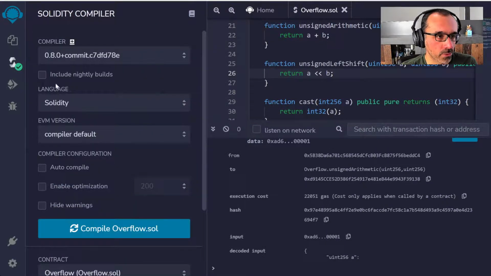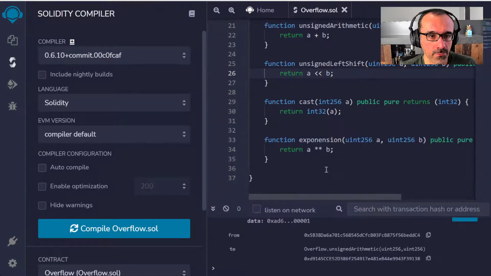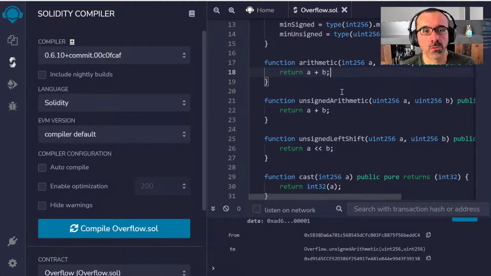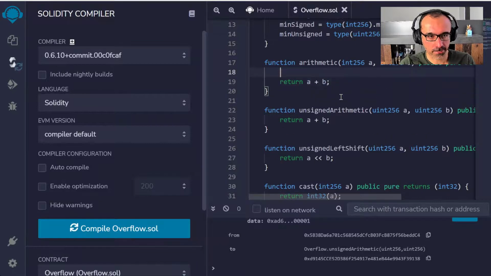Now, one interesting part here is that if you go ahead and implement your own, say, let's perhaps move back to Solidity version 0.6.10, which does not have those precondition checks by default. And if we go ahead and implement our own precondition check, let's see what's the cost of that. So something like this will help out.